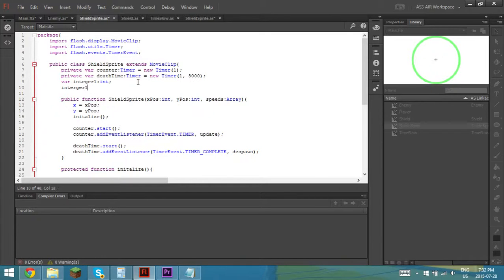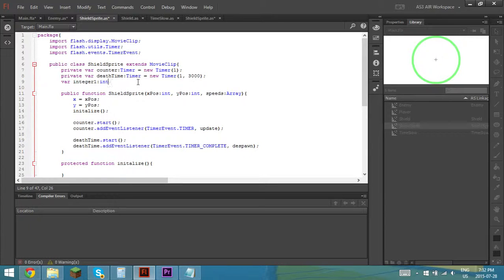Sure. Integer 1 equals whatever, so 9. That will work. But normally it's just easier to type equals 9. And then there's an object. An object is very, very similar to a variable, except